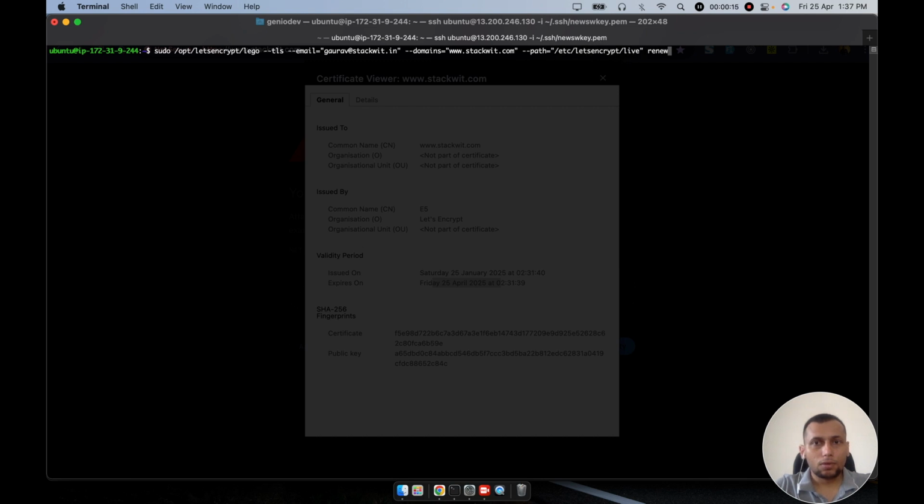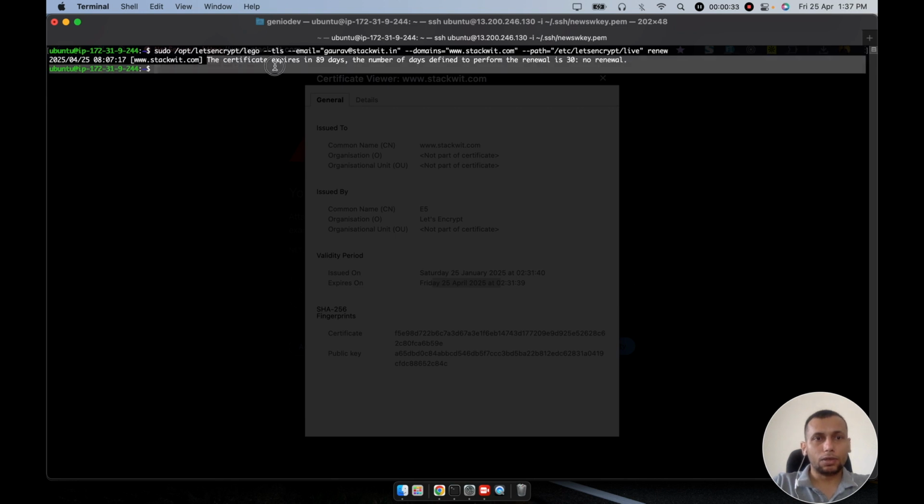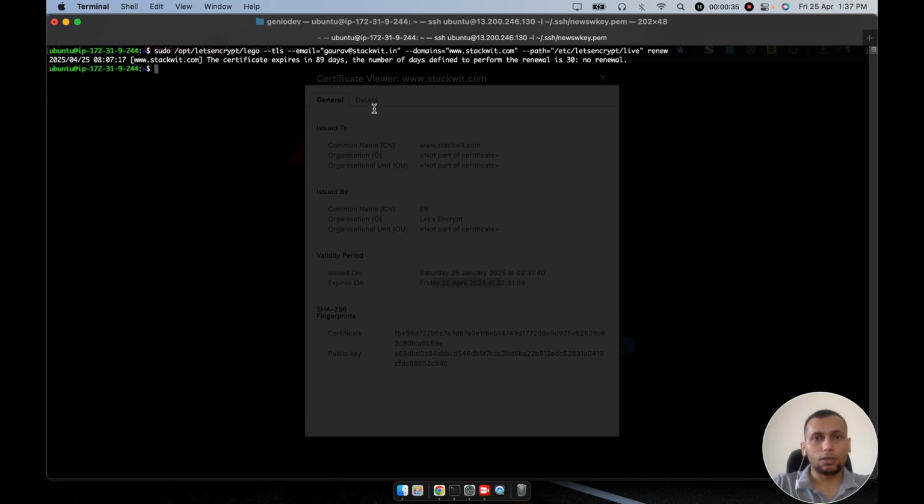So if you hit it again, you will get this message because you have just now renewed your certificate using this email ID as the user identifier for this particular domain. So it is identifying that you have just renewed and you have 89 days to expire, so it is not allowing you to do it again. So the correct path would be, let's go to this path,